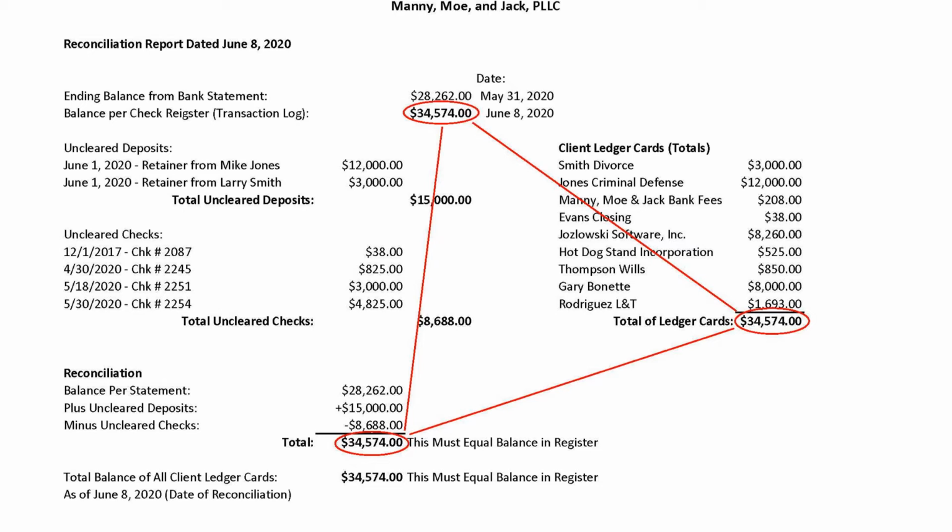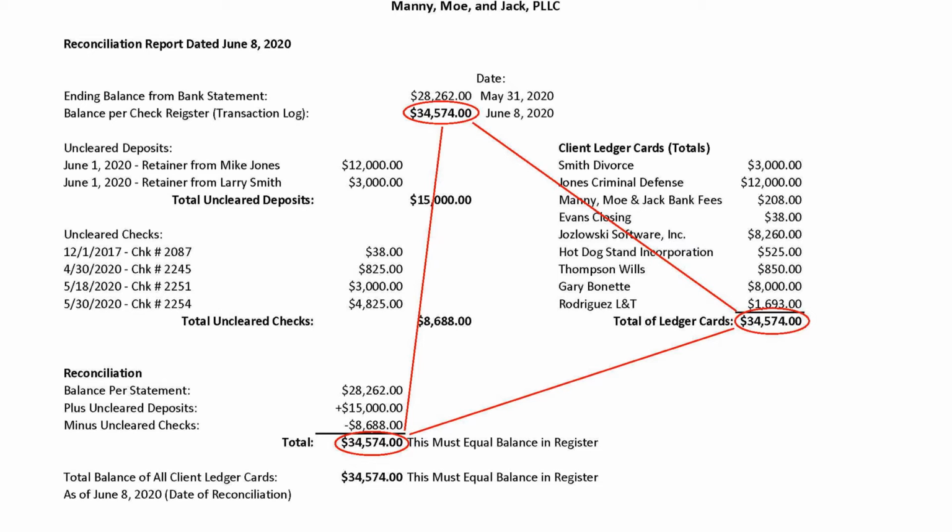You do not want to be in a position of looking at check number 2087 for $38 being uncashed in the year 2030 while you're trying to close your office. Deal with these problems promptly. Whoever is reconciling the IOLTA account should be preparing a report that contains the same information that is in this report. I'm going to point out something else on this slide.